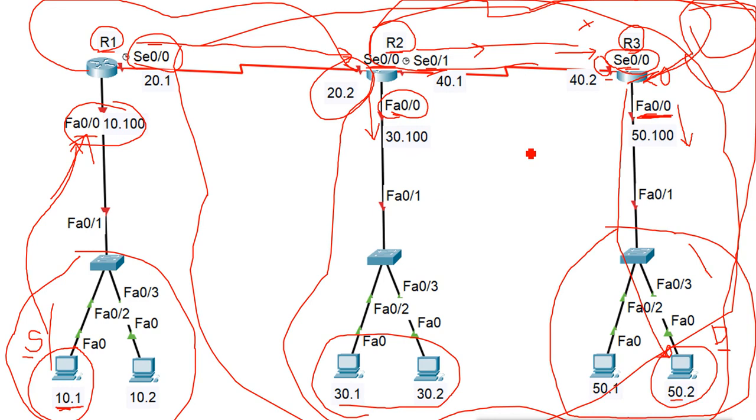So where is the good position, the interface or the router, to apply the standard list? It is the destination. It is the nearest router to the destination, that is router 3, and the nearest port to that destination, which is this port. So what happens when you apply it here? 10.1 can go everywhere in the world, any network, but when it tries to exit from this interface to go to this 50.2, it will be blocked.